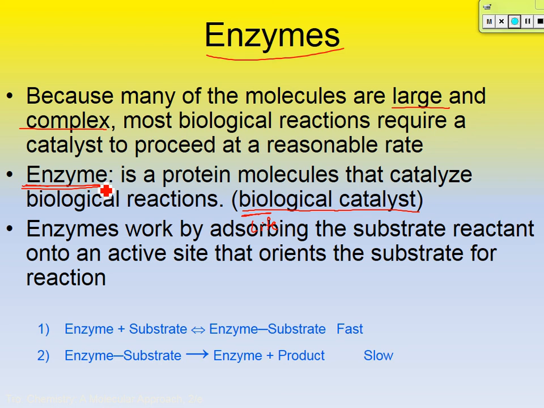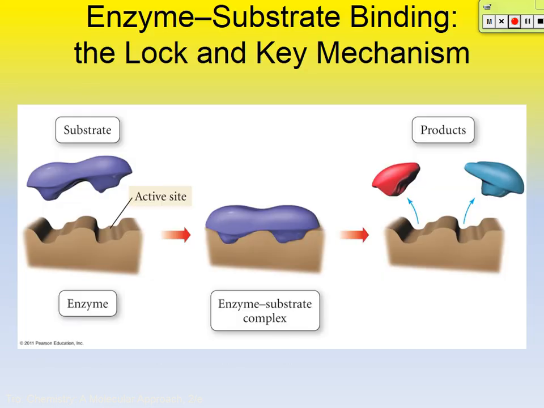So enzymes work by absorbing the substrate reactant onto an active site that orients the substrate for the reaction. And I'll show you what I mean in this next slide. In fact, catalysts and enzymes work kind of the same way. Here's my enzyme. This blue one looks like a puzzle piece here. How does an enzyme or a catalyst lower the activation energy? Well, it provides a surface here. This is called the active site. This surface provides a better place for the reacting particle, called the substrate, to bond to,